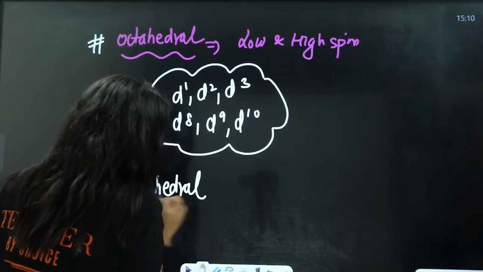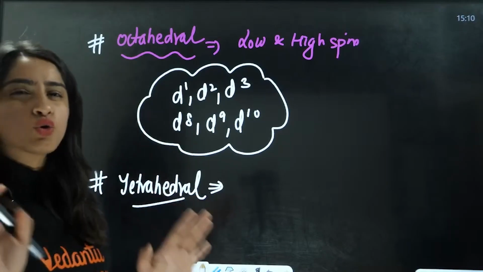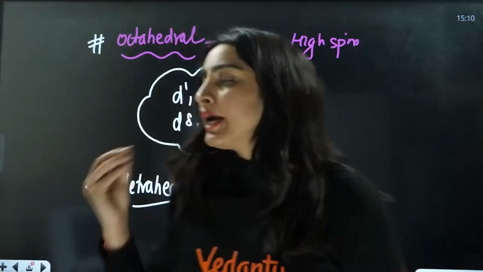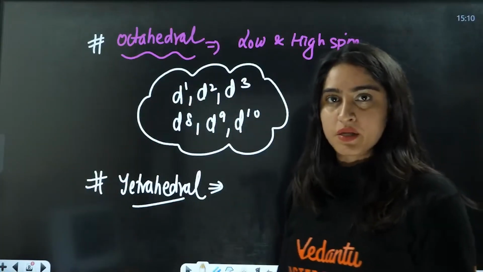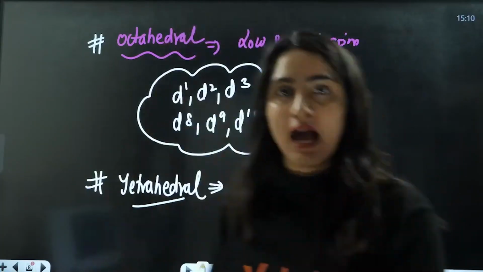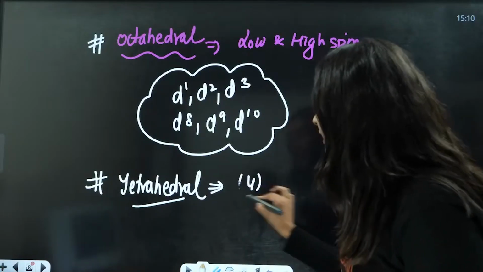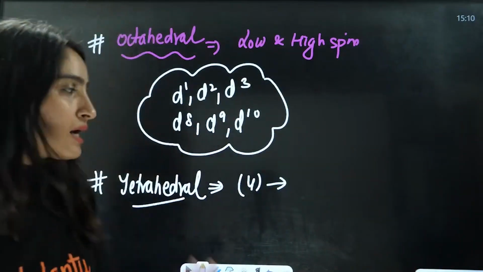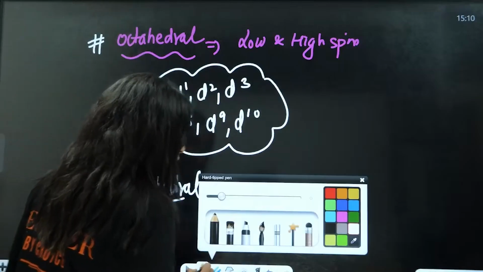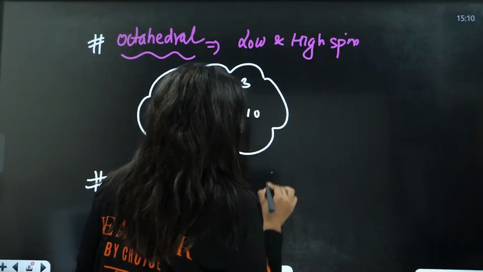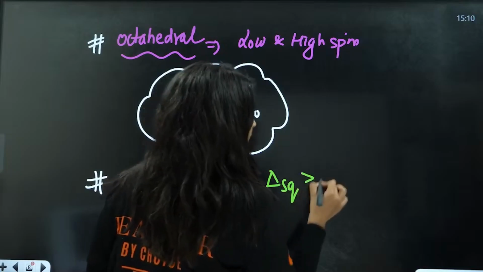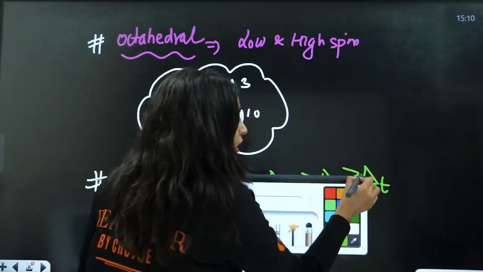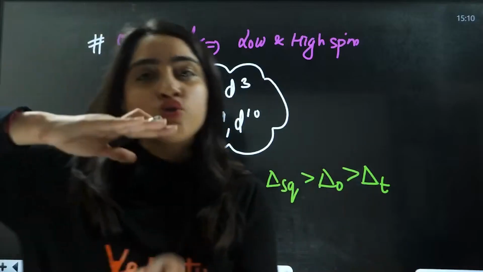One more thing that you can add about the tetrahedral. As you know, nickel usually shows four ligands. It usually has tetrahedral shapes here. Nickel generally has 4 ligands, that means nickel generally shows tetrahedral geometry, right? And in tetrahedral, you know the CFSE order is like this: the CFSE of square planar, then the CFSE of octahedral, then the CFSE of tetrahedral. The CFSE of tetrahedral is so low.